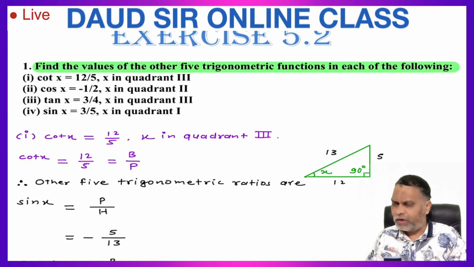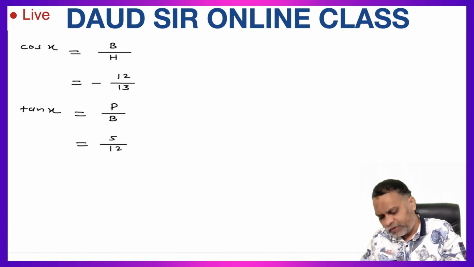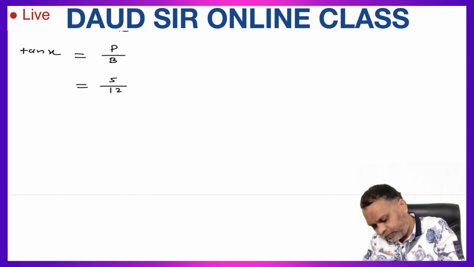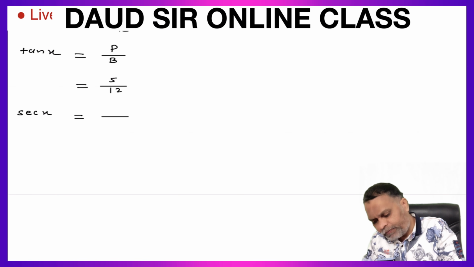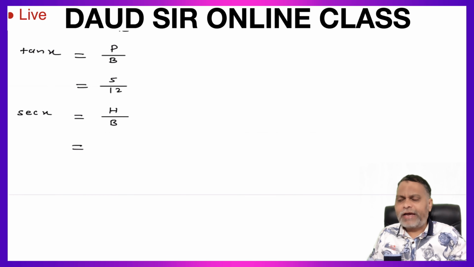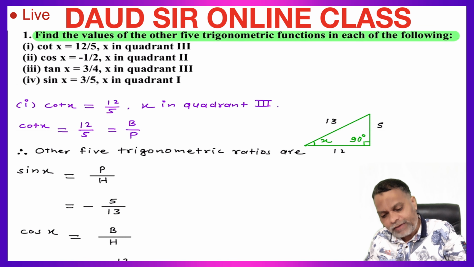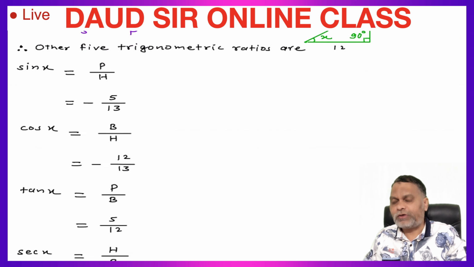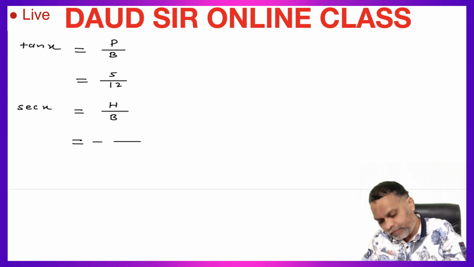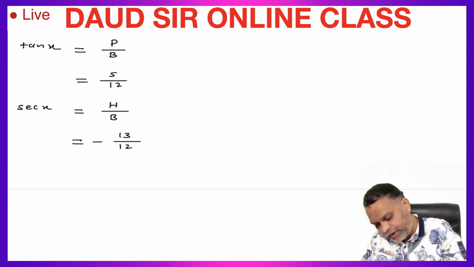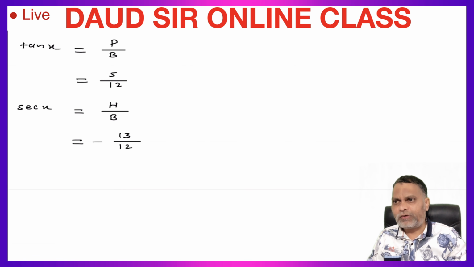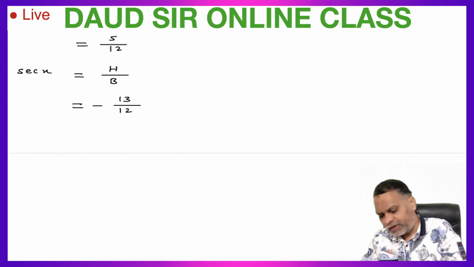Then cot is already given. Then sec x is equal to hypotenuse upon base. Sec x is negative in the third quadrant, so put the minus sign first. Now hypotenuse upon base. Hypotenuse is equal to 13 and base is equal to 12. So 13 upon 12. So the value of sec x is minus 13 upon 12, and one more last trigonometrical ratio,